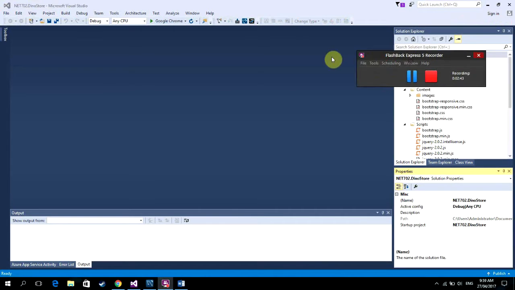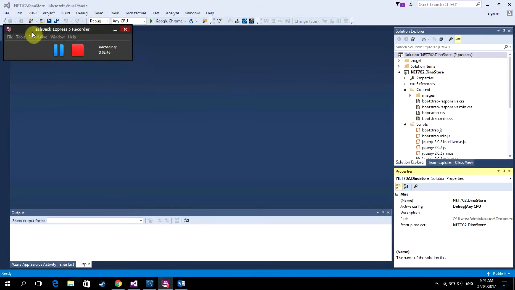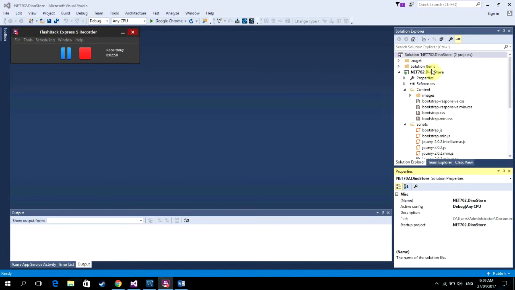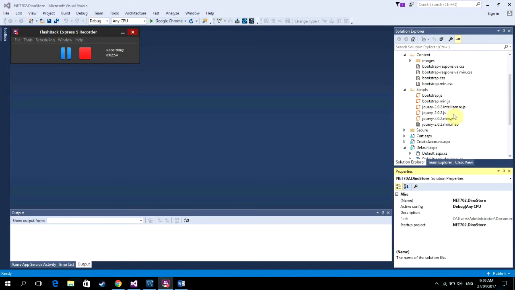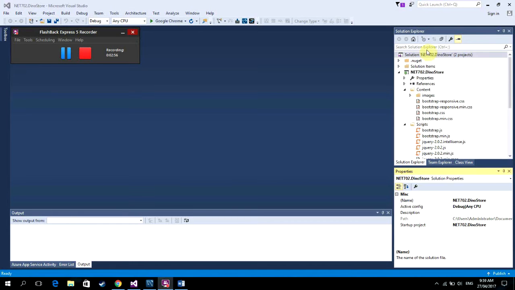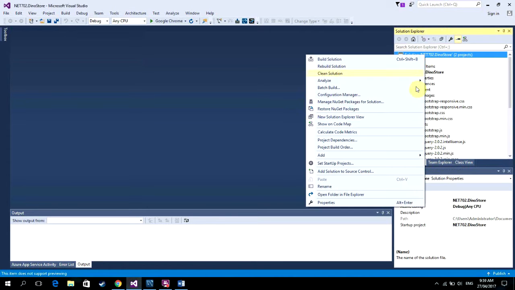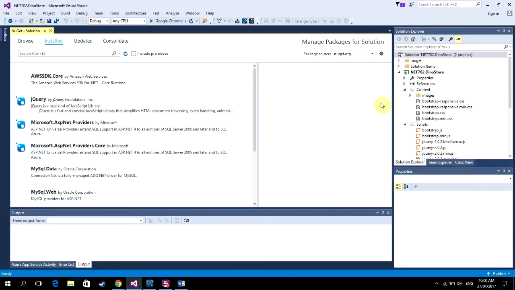So as you can see, I've got Visual Studio open with the solution I'm going to link it to, which in this case is my assignment, DynaStore. I have to go to the solution and right click it, and you'll find manage NuGet packages for solution. As you can see, I don't have the ones installed from the one I finished earlier on, so you want to go